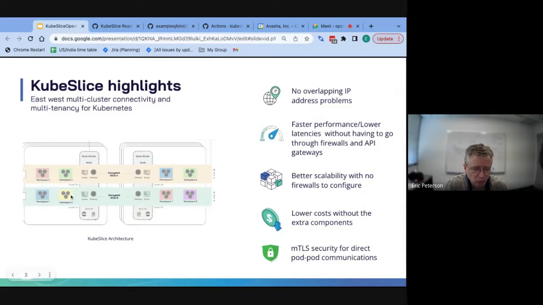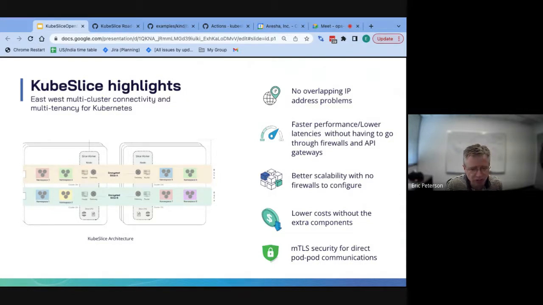And within a given cluster, you identify a set of resources and ultimately a set of namespaces that you want to join this thing we call a slice. The slice can function within a cluster. So if you have a single cluster, you can still segment resources onto slices within that single cluster. But then you can extend the slice across multiple clusters.